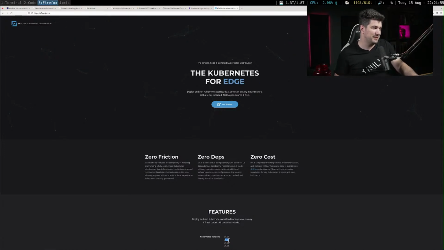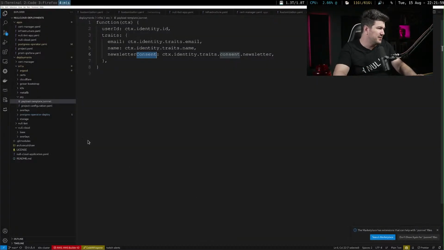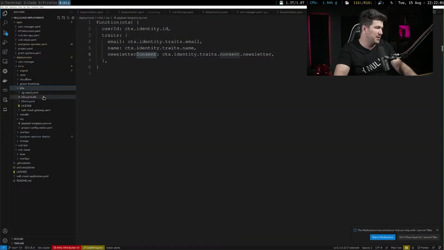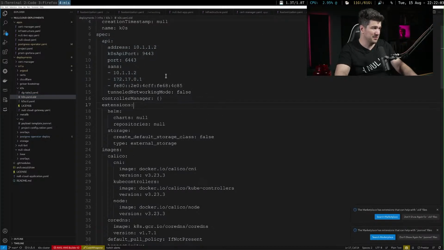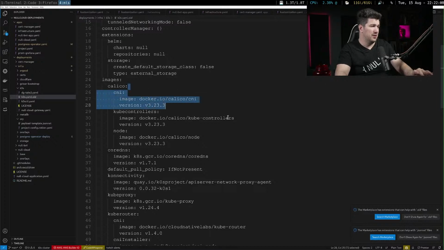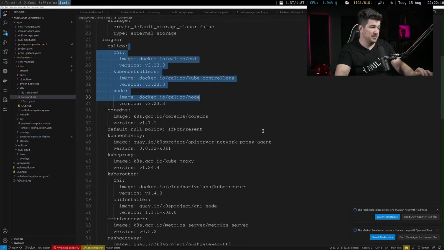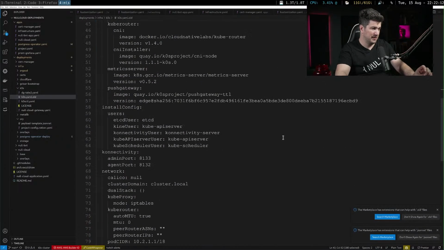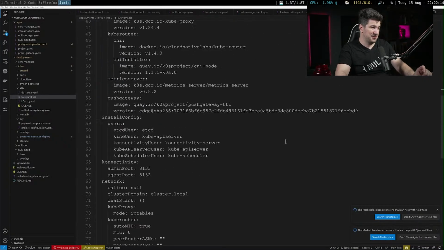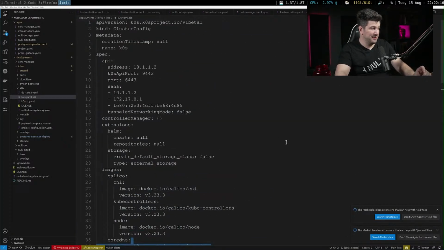But k0s is pretty cool. I get to describe my cluster, where the API servers are, what CNI I use with default policies. I get to describe it like this, and then I can just apply it.